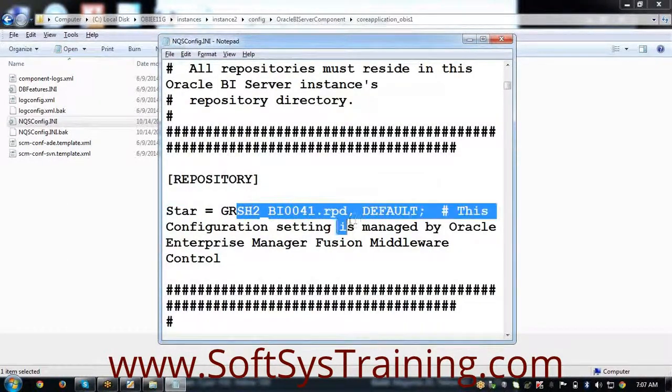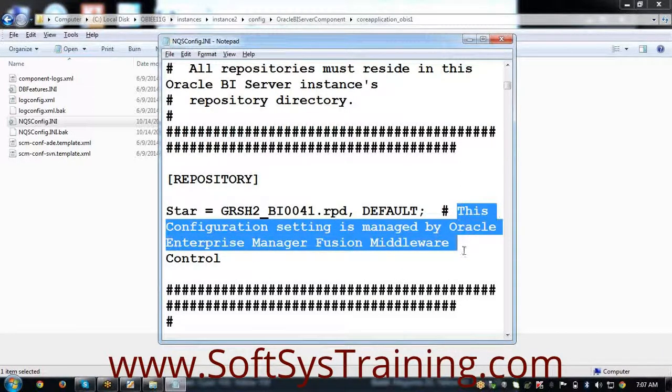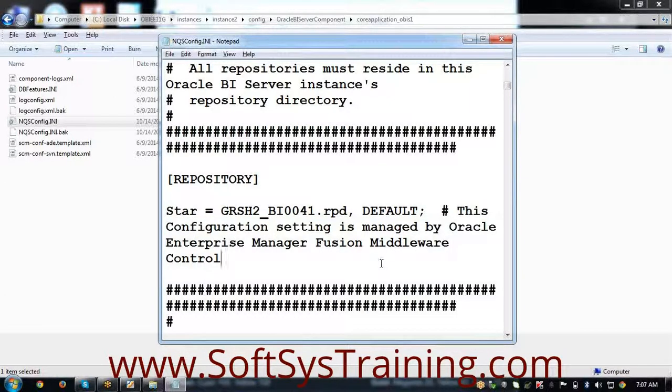This is the default repository, and the default keyword indicates that this is the actual repository currently running in the Oracle BI server's memory. If you see a comment here, it says this configuration is managed by the Oracle Enterprise Manager Fusion Middleware Control. But in 10G, we used to manually write the configuration here. Okay? Fine? Right. Yes, guys? Okay.